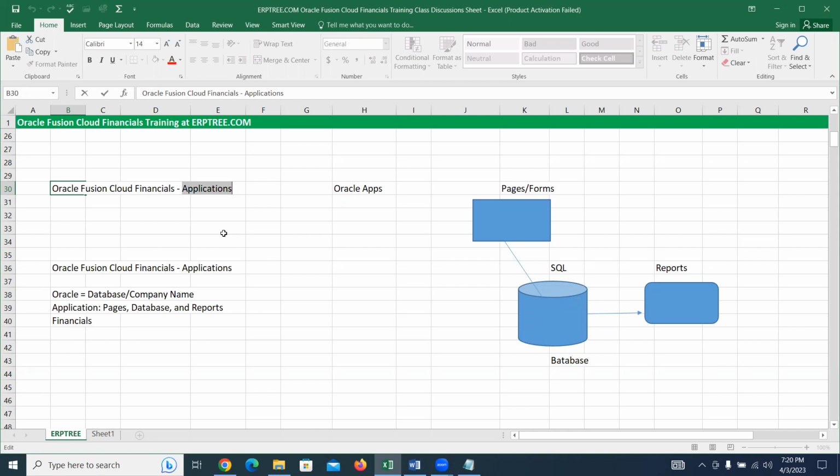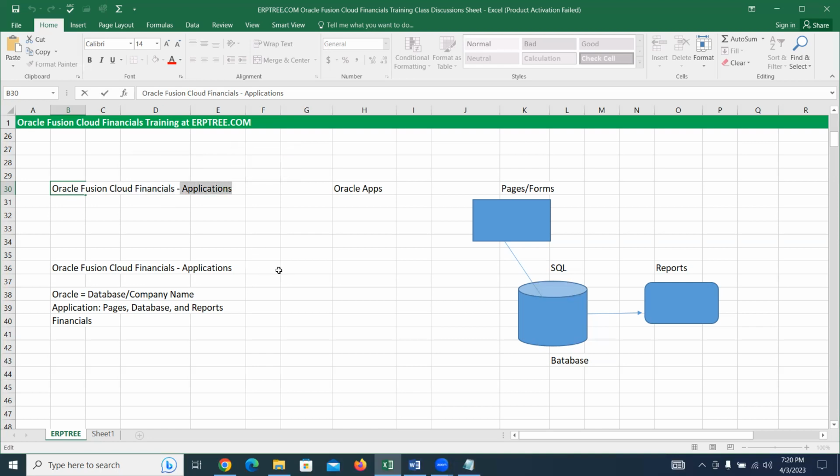In the same way, there is a set of applications which belongs to the financials family. Before we get into more details of the meaning of Oracle Fusion Cloud Financials, let's try to understand the meaning of application.